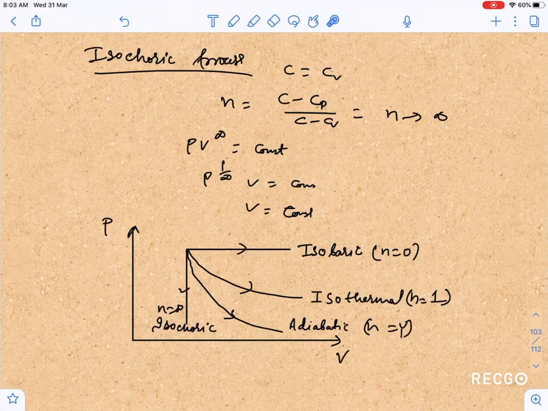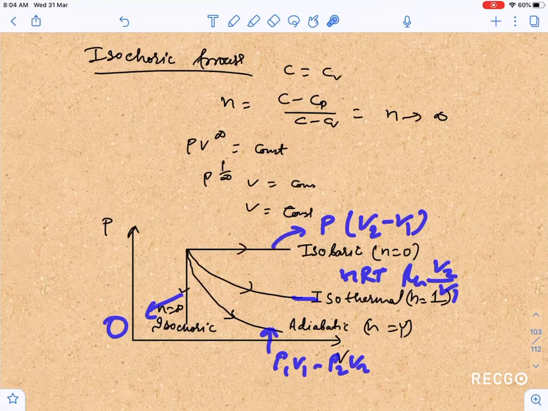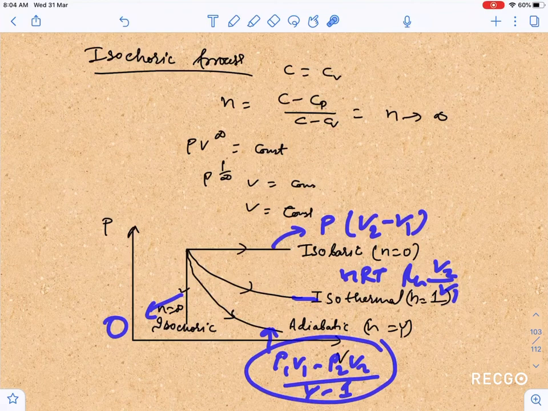You should keep all these concepts in mind, such that you can understand all the processes in detail. And some questions every year come from these isothermal, adiabatic, isochoric, isobaric processes. And in next lectures we will see work done in all the processes, like isobaric process, what is work done, isochoric process, what is work done. Because you know that for isochoric process work done is 0, for isobaric process work done is P(V2 minus V1). Isothermal process, if I calculate work done, this is actually nRT ln V2 by V1. And adiabatic process work done is (P1V1 minus P2V2) upon (gamma minus 1). But all this we will see in next lectures guys.